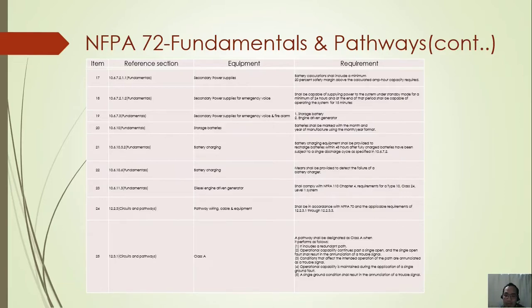Now guys, if your secondary backup power is coming from the diesel engine driven generator, you have to consider the requirements from NFPA 110 if it's used for backup of emergency loads like fire alarm. If it's used as secondary backup power, and let's say the fire alarm control panel doesn't have a backup battery, if the backup power is provided from the diesel only, then make sure that your diesel is a Type 10 Class 24 Level 1 system